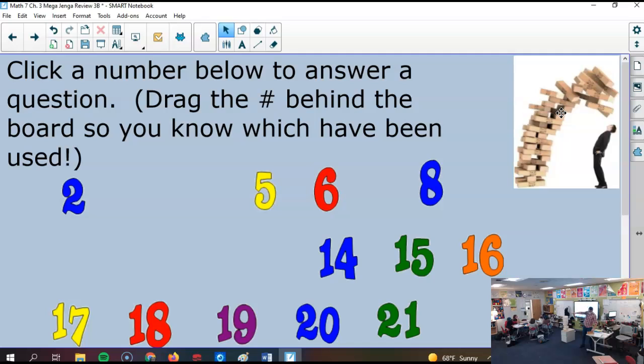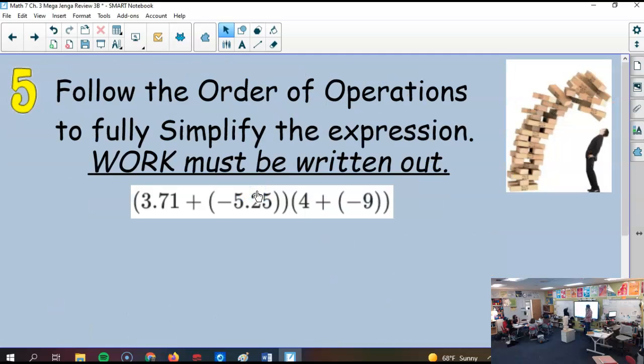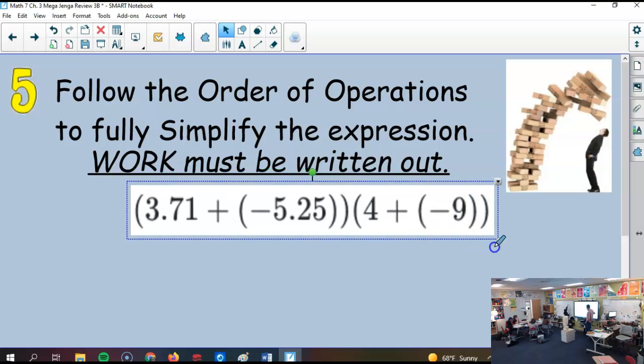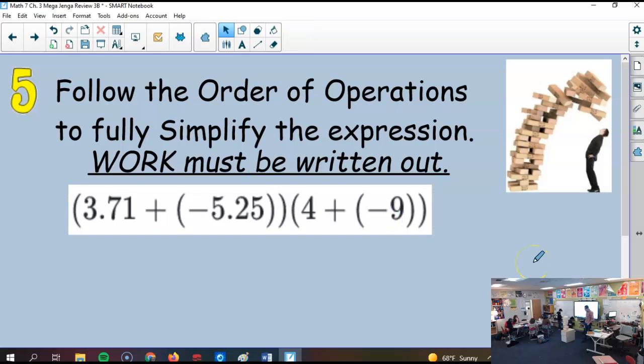Caitlin, give me a number. 5. 27. Ooh, another follow the order of operations. Be careful if you use your calculator. I am not targeting anyone. Exactly. No, that is not. I think this is not the